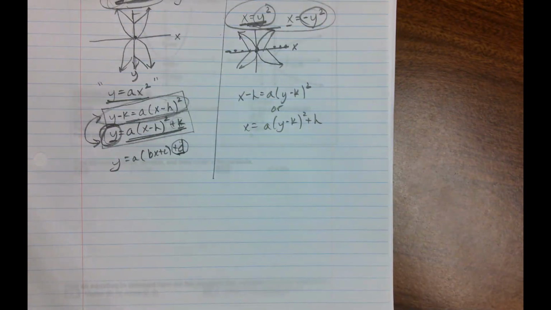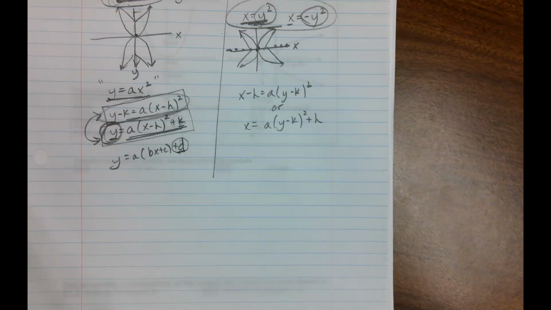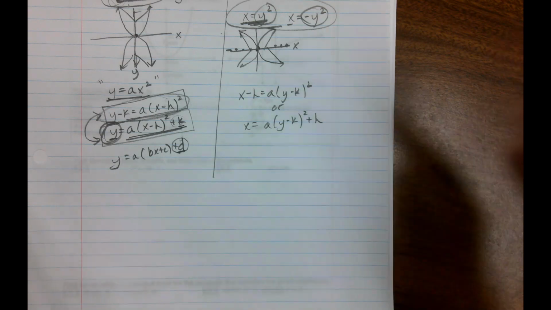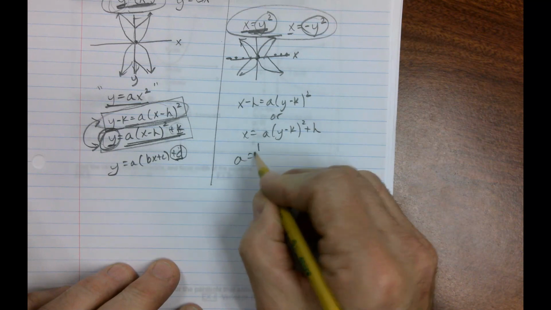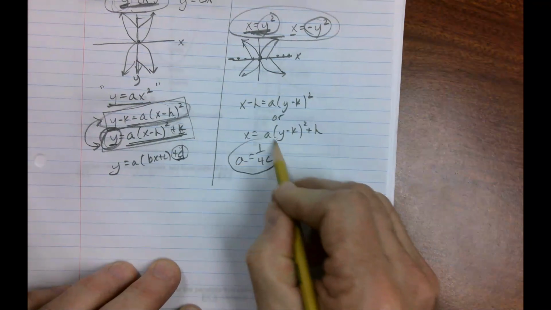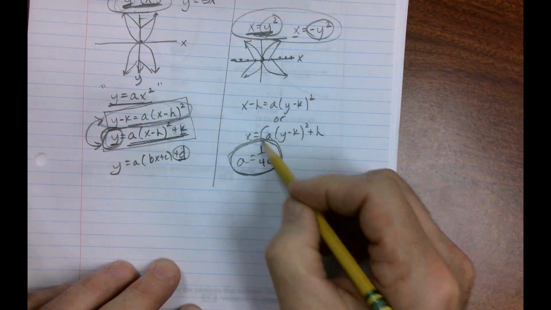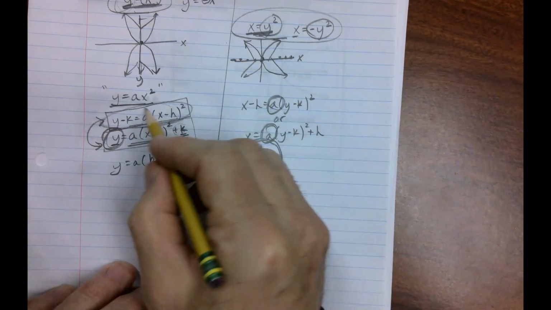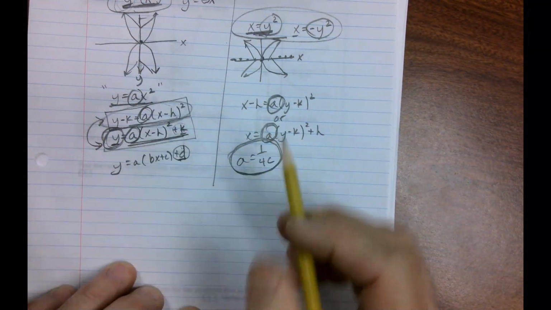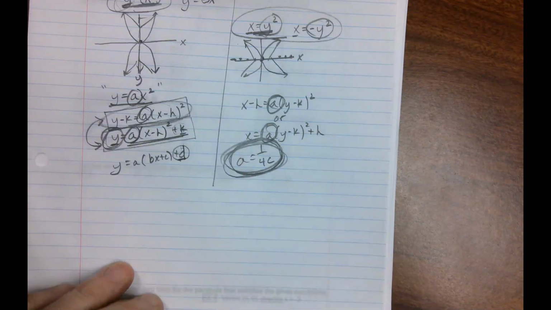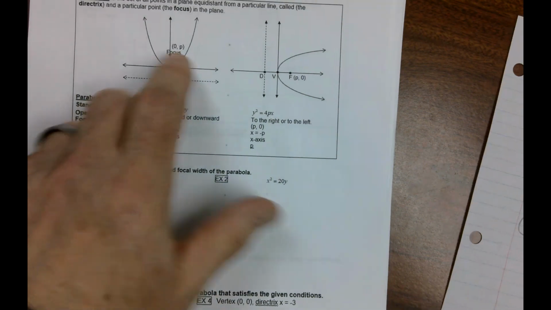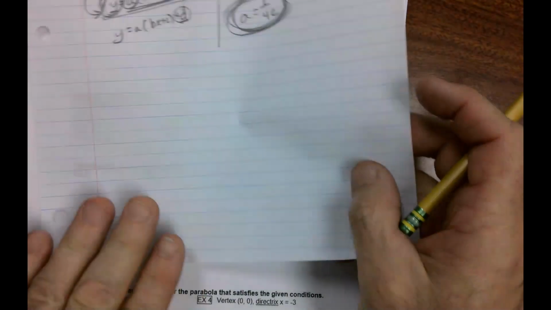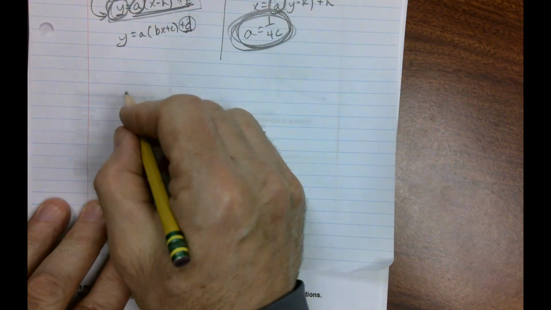I know those are a lot of letters, but now we're going to actually use numbers and it will make more sense. And by the way, a equals 1 over 4c is big, because that's how we're going to find our a. That formula is huge. Now, with all that warm-up being said, there's one other thing I want to point out to you that's in this drawing, and I'm going to point it out right here. So, a parabola going this way